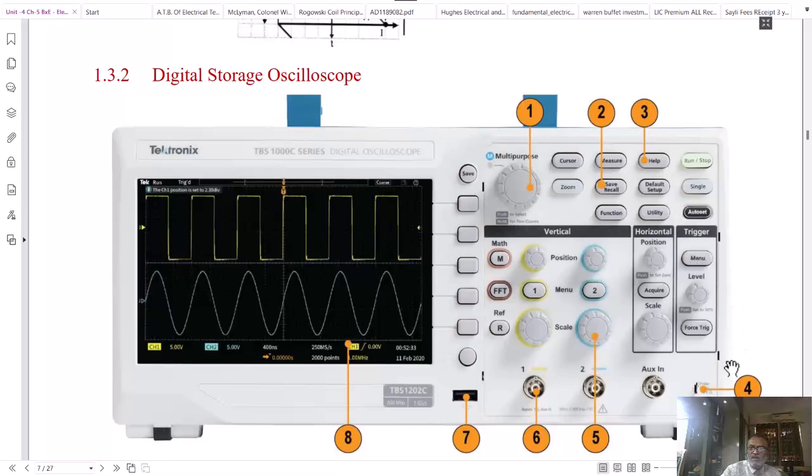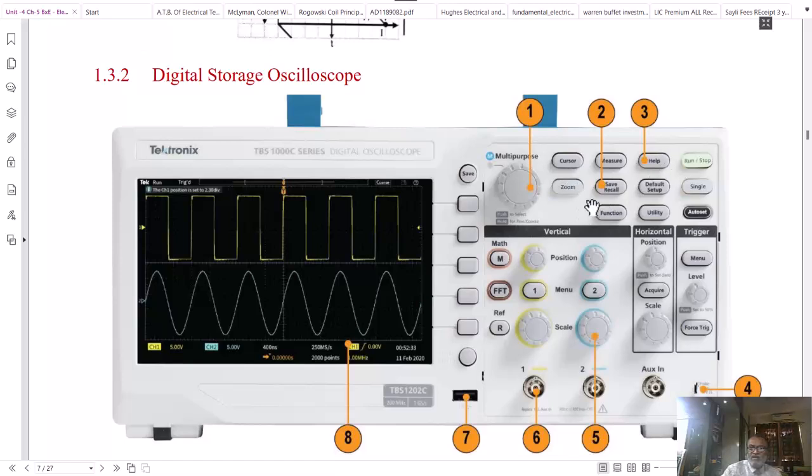Here again, the horizontal control section is there. Here, as usual, there is a time per division selector switch, and again a horizontal waveform position adjusting potentiometer. The trigger section is as usual, which generates the trigger for synchronization of the display of the waveform. In addition to that,